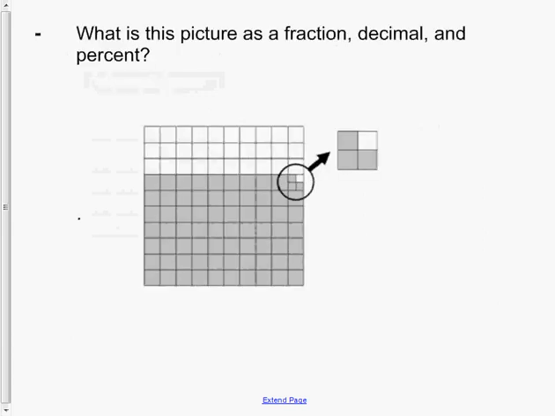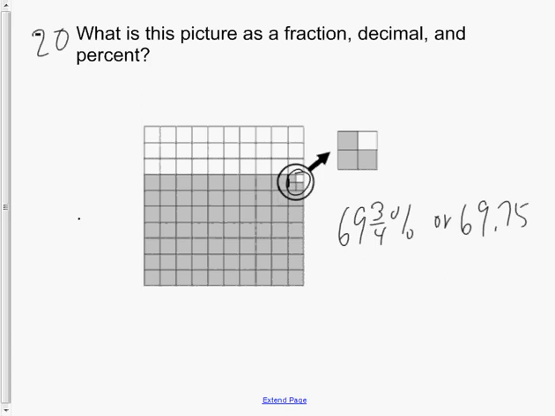Your next question, question 20. We have, what is the fraction, decimal, and percent of this picture? Well, 69% would be up to here, and then we'd have this additional part, which is less than a percent. It's actually 3/4%. So this is as a percent, or this number. As a fraction,